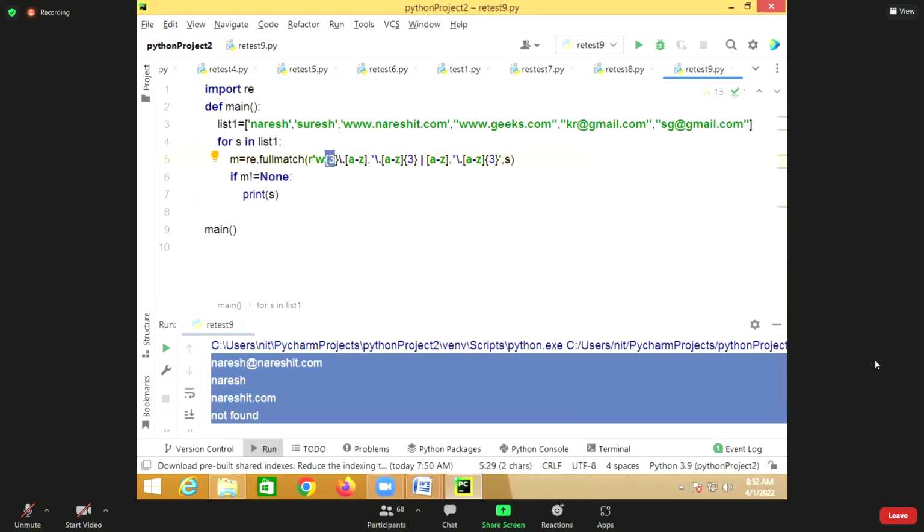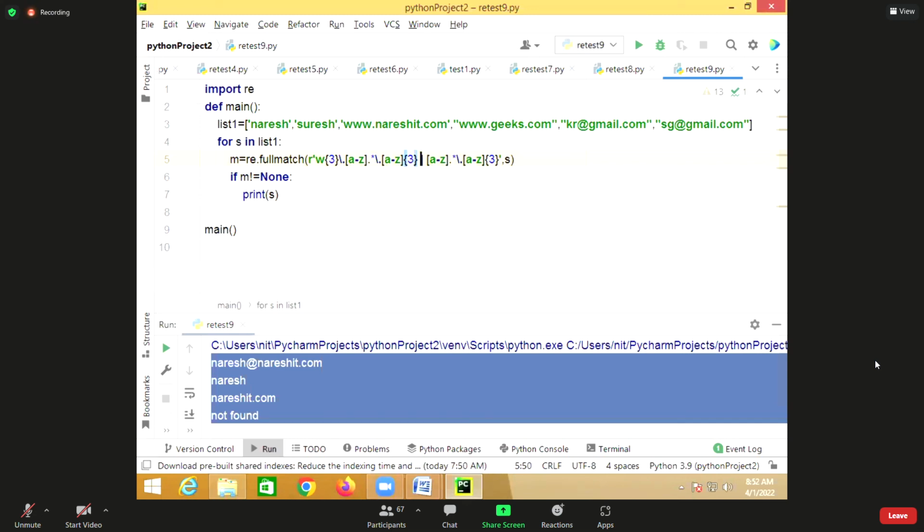Three W's. Followed by dot, then A to Z, zero or more repetitions. Then followed by dot and A to Z, with three repetitions. Now this pattern is for searching a website. Or search for the other one.